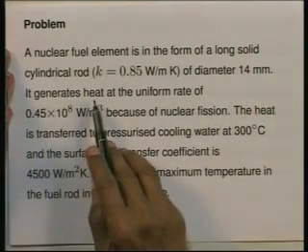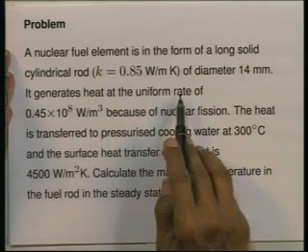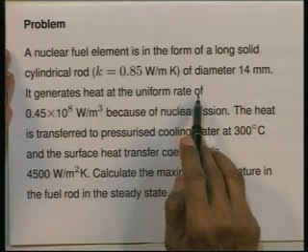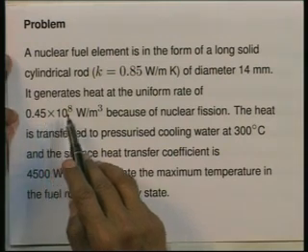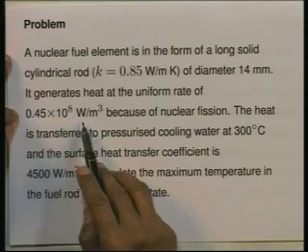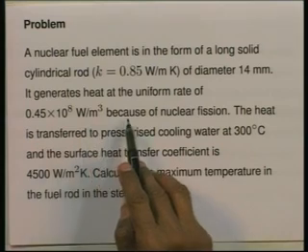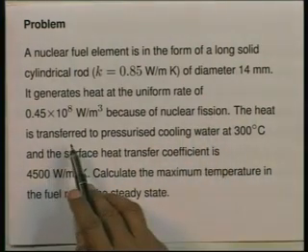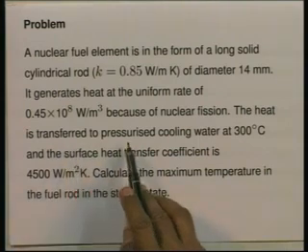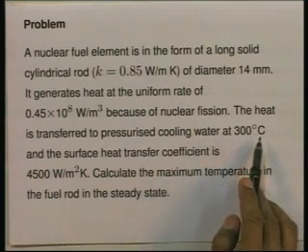It generates heat at the uniform rate of 0.45 multiplied by 10 to the power of 8 watts per meter cubed, because of nuclear fission. The heat is transferred to pressurized cooling water at 300 degrees centigrade,